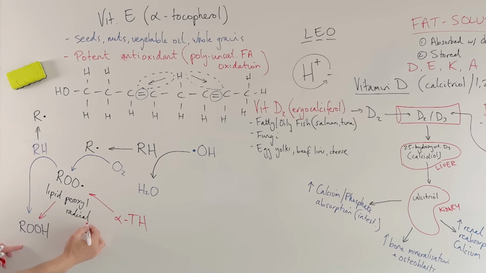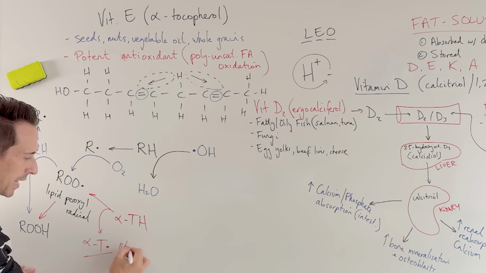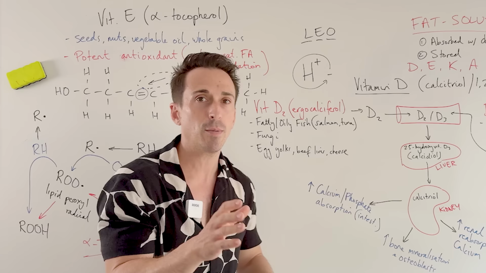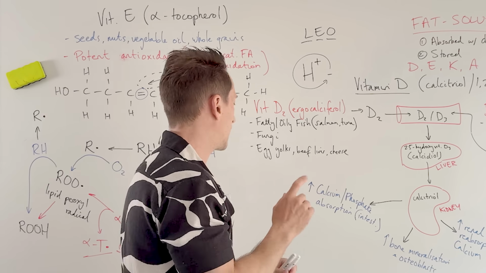But what ends up remaining from this is the tocopherol is now a radical. But the thing is, vitamin E, alpha tocopherol, is far more stable than the lipid peroxyl radical. It's far more stable than other radicals. So it can hold that and not be damaging and not want to go steal electrons from others. I'm going to talk about later exactly what happens here as well, because vitamin C is involved in this process. So that's vitamin E. Let's now talk about vitamin K.